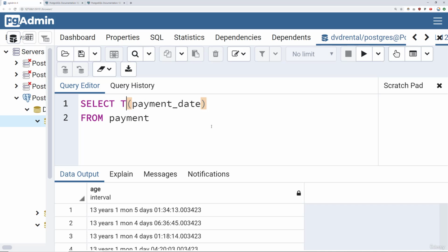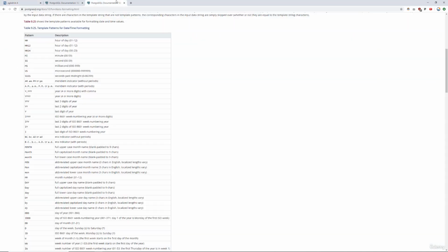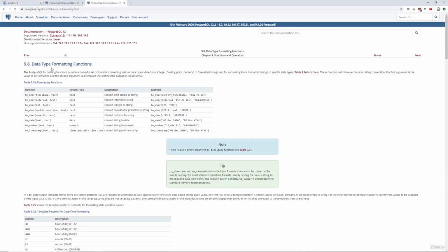So the way this works is we say to_character, then we decide on the timestamp column we're going to be working with. We say comma, and then as a string code, you get to decide on the formatting. And as I mentioned, toCharacter is just a generalized function for converting from one data type into a text data type. And if we take a look at the documentation for this, which is under data type formatting functions,